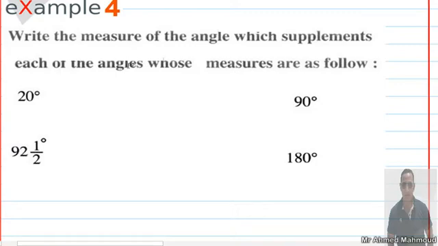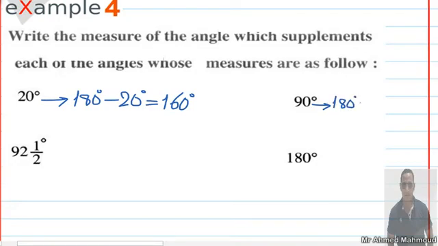In example 4, write the measure of the angle which is supplement to each of the following angles, whose measures are as follows. Okay, the first angle here is an angle of measure 20 degrees. As we explained before, the two supplementary angles, the sum of their measures is 180, then the supplement of 20 is 180 minus 20 equals 160 degrees. Next, the supplement of 90 is 180 minus 90